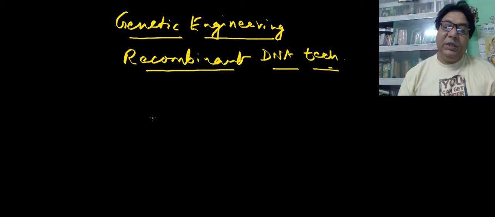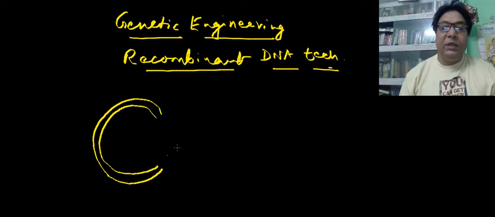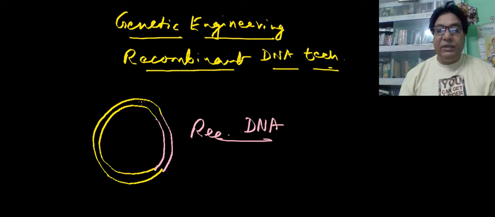What is recombinant DNA? Recombinant DNA is basically a combination of two different DNA. So this is a vector DNA, a plasmid DNA, and when it is recombined with another DNA, say this one, then what results is a recombinant DNA. This is a recombinant DNA. So all those techniques that are involved in making this recombinant DNA will be together called recombinant DNA technology or